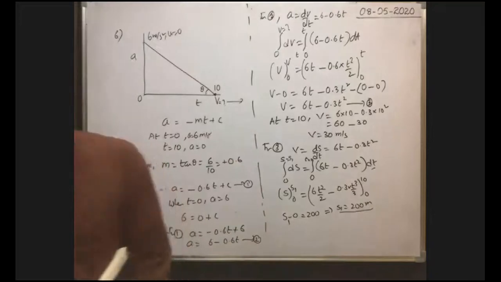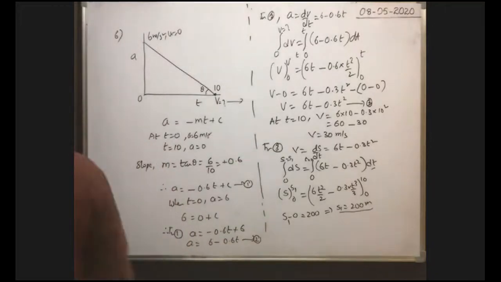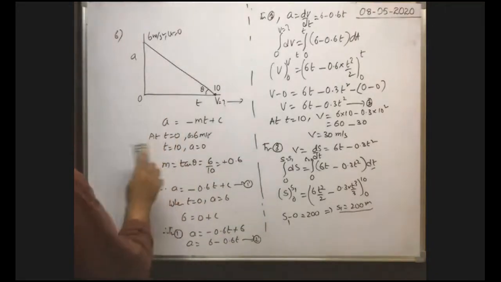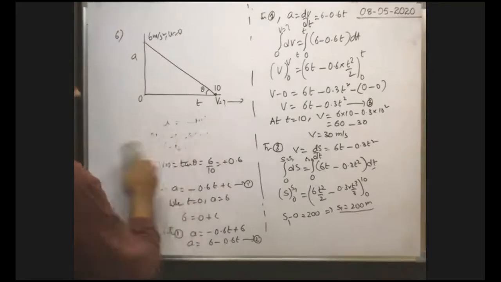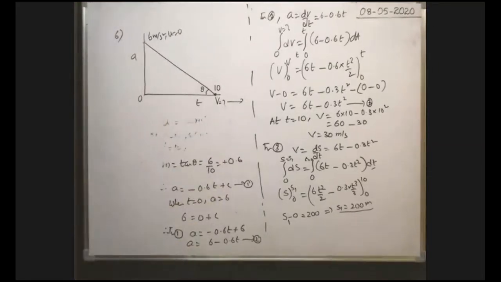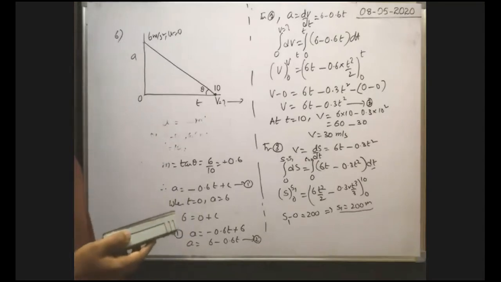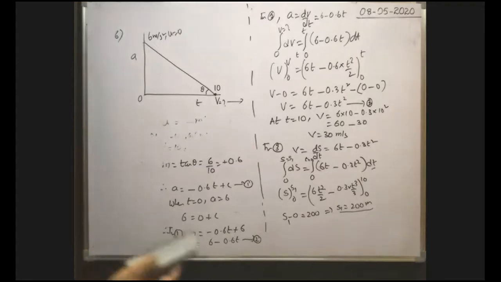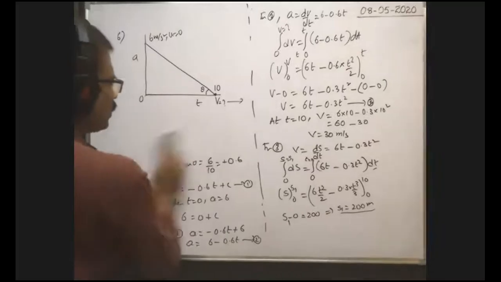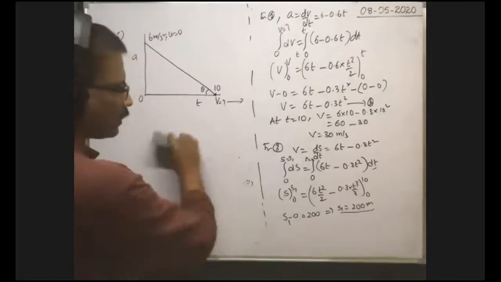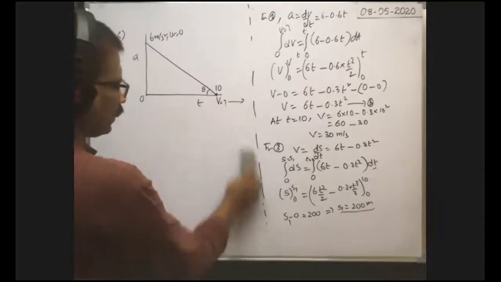Okay, so what is the remaining distance to be traveled? Remaining distance to be traveled. Okay, you take the snapshot for this. You take the snapshot. Shall I erase this one? Okay. You take the snapshot when total written work is completed on this board. So you take the snapshot.